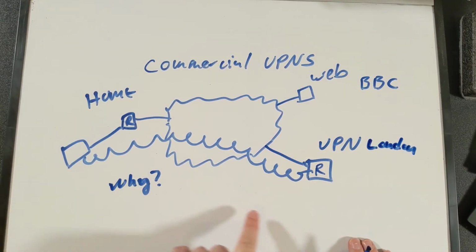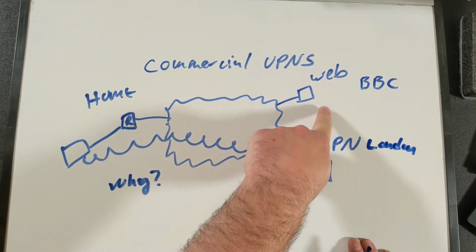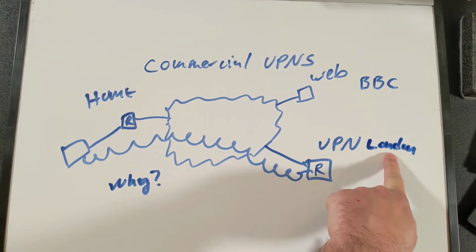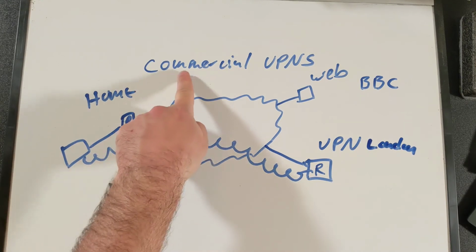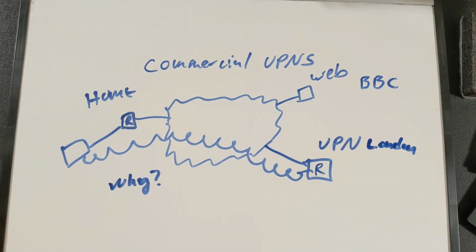And so then when your request goes through the VPN server to the BBC, the BBC sees a source address in London, and by paying for a commercial VPN, you can spoof your location and bypass this sort of region locking for internet services. So that's a perfectly reasonable reason to pay for a commercial VPN, to sort of change where it looks like your traffic's coming from, and therefore be able to access content that the content provider didn't necessarily want to provide to you.